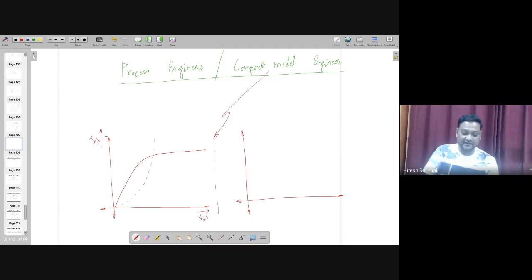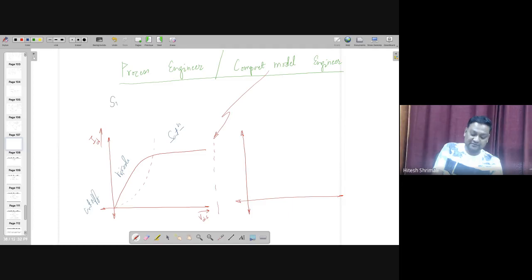Look at the characteristic, break it into 3 different regions: cutoff, triode, and saturation. Write down the separate equations, and these equations are written using something called